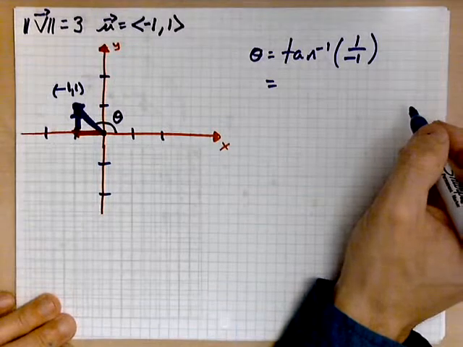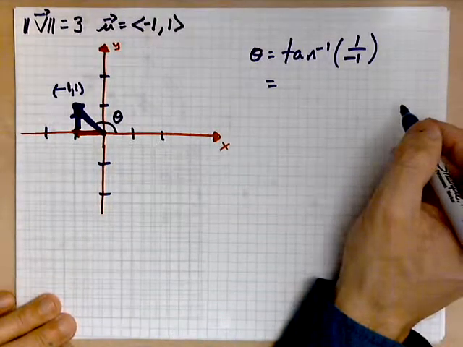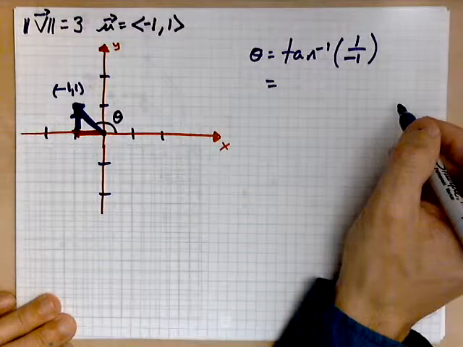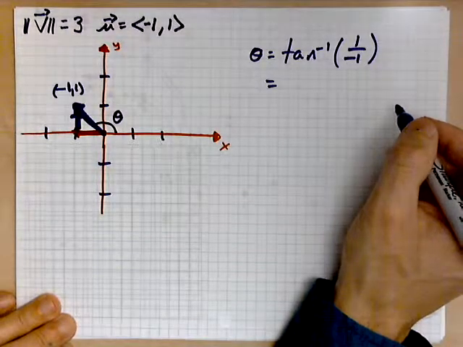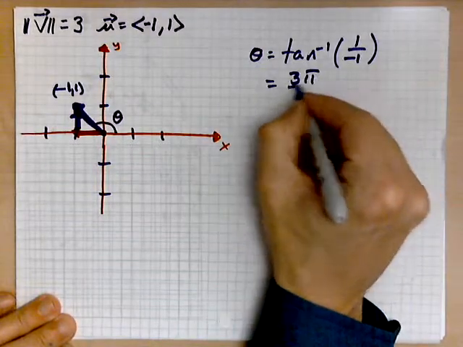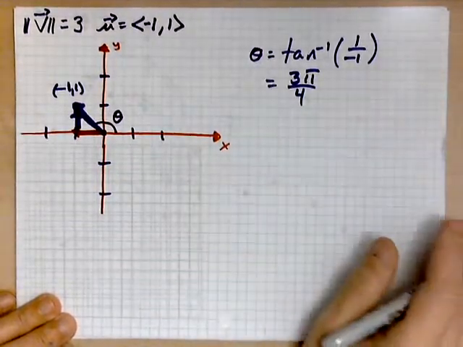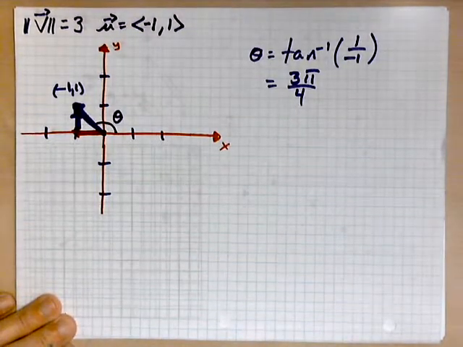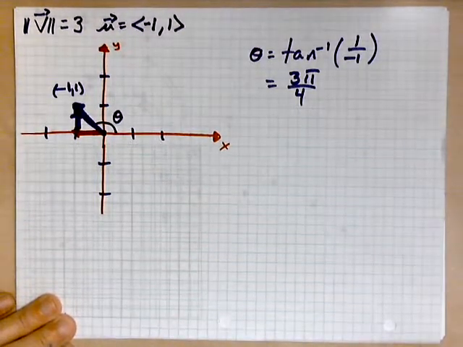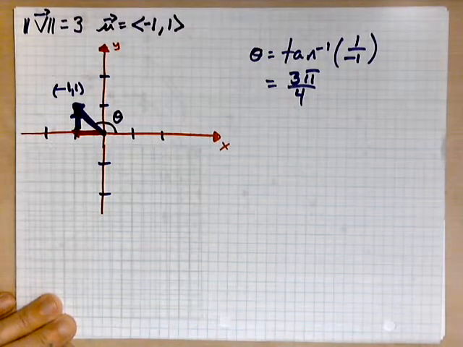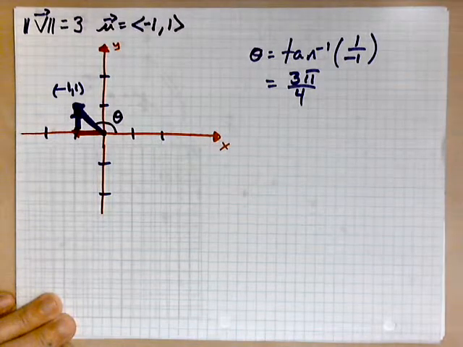And of course, if you refer to the unit circle, you find that this is equal to 3 pi over 4. So the angle whose tangent is negative 1 is 3 pi over 4. Now that we have this in place,